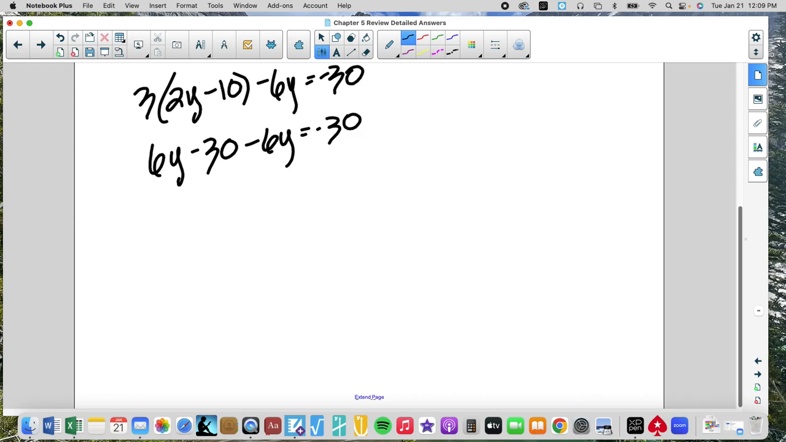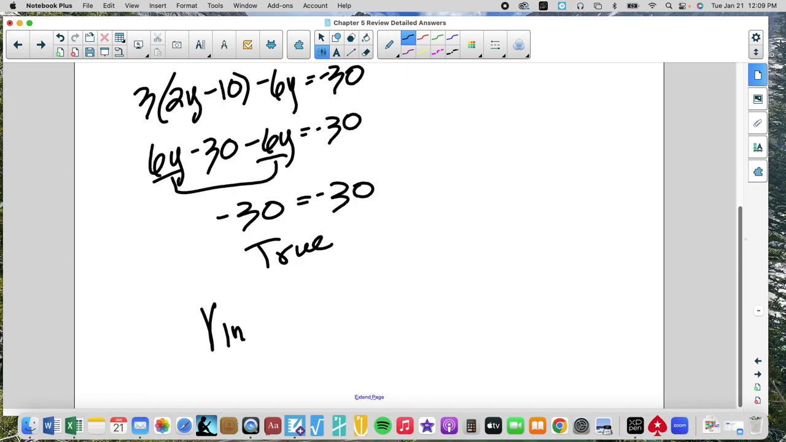Now I'm going to simplify. Like terms, they cancel, and I'm left with a number statement, which is a true number statement. And so when it's true, it's infinite. I hate this answer. Infinitely many